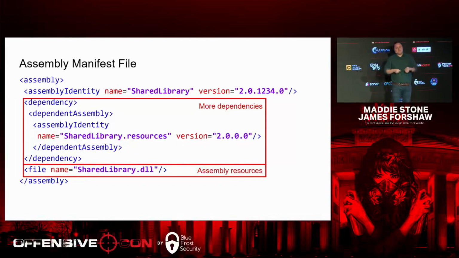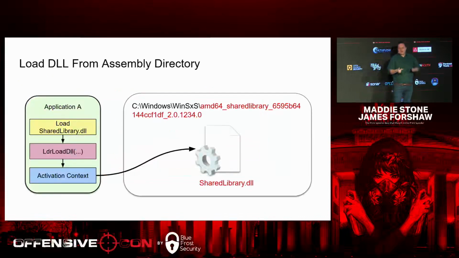So in here, you can have subsequent dependencies: that dependency can have its own dependencies, but it also has, for example, a list of files. It might have a list of COM objects that it implements. But in this case, for our shared library, it just has a single file element which says, I contain shared library.dll. And how this is then used is, once this is parsed by CSRSS and returned to the application,